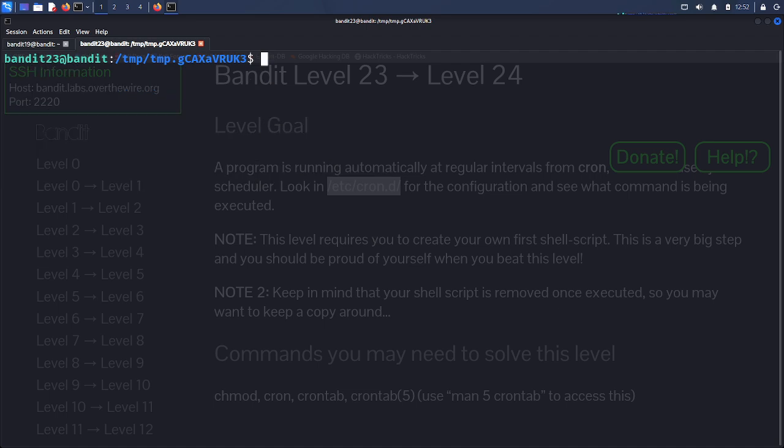Now we need to copy the password to the next layer. Spelling: cp bandit.sh. It was in the var spool, var spool. No, I think it was foo. Is it foo? Oh wait, no, I'm forgetting. It was the username bandit. So let's look inside bandit24 foo, and then